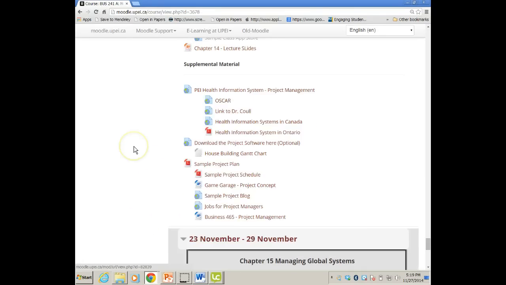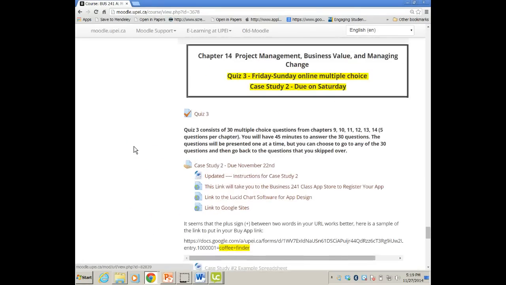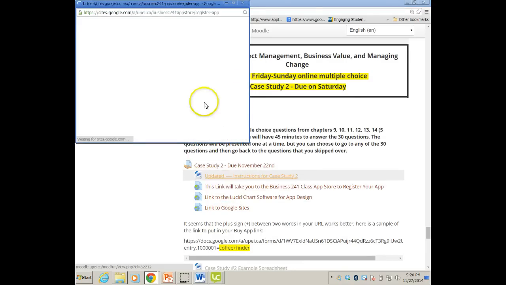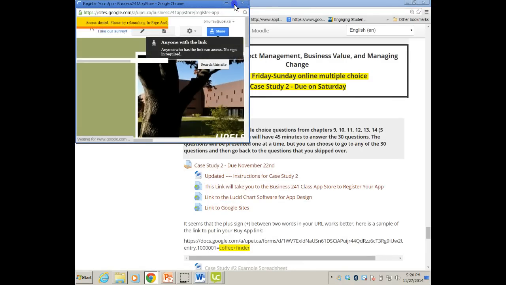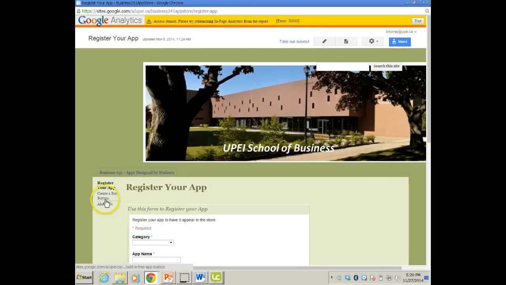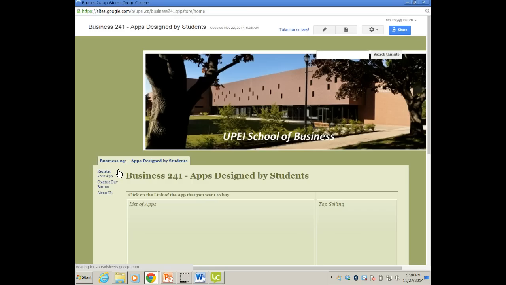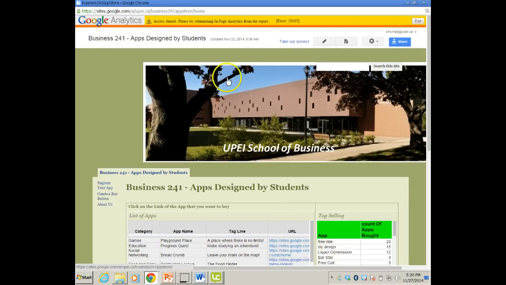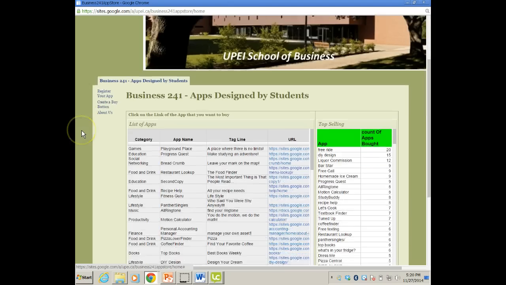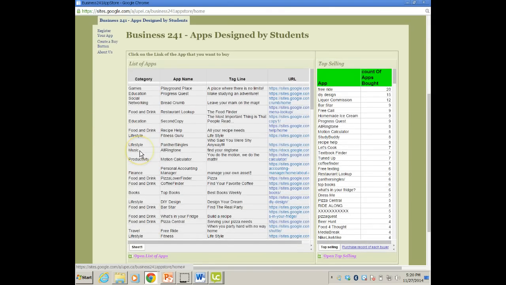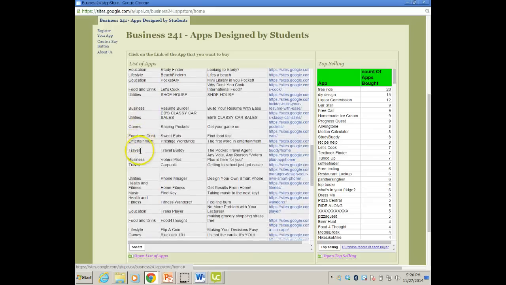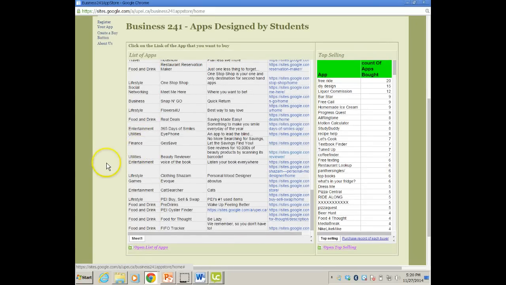So there's one more thing that I wanted to mention. Collectively, we did a great job on case study 2. I just wanted to close that off by thanking everybody that was able to contribute to our class app store. This is all the apps here. There's 84 between the two classes. There's 84 apps that we thought of collectively,